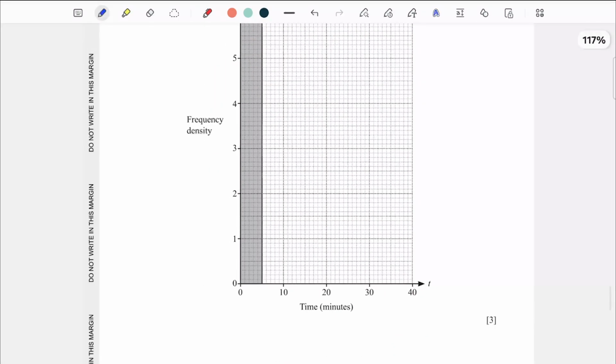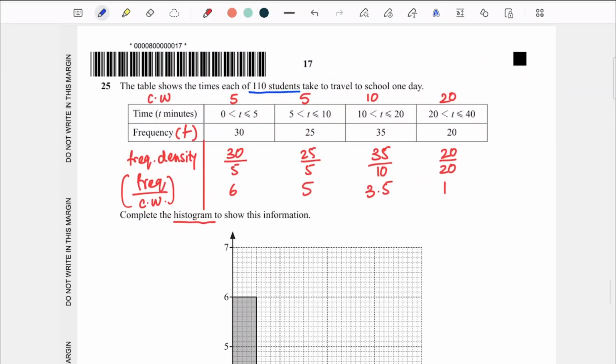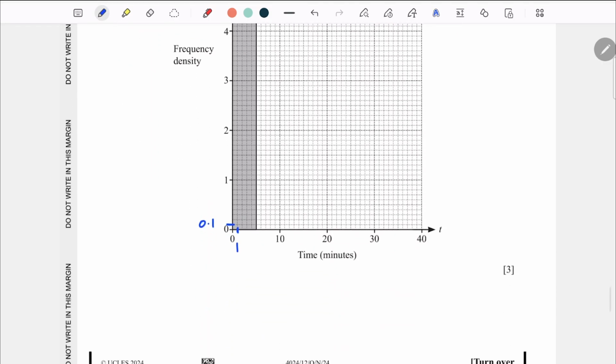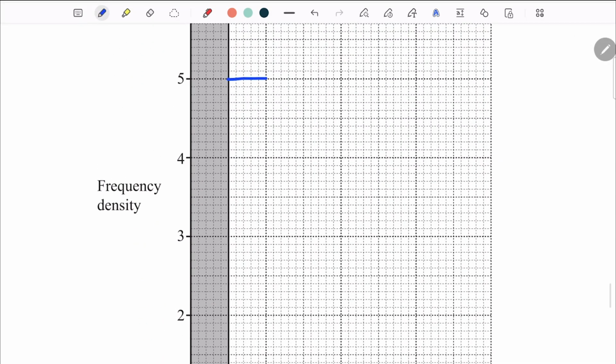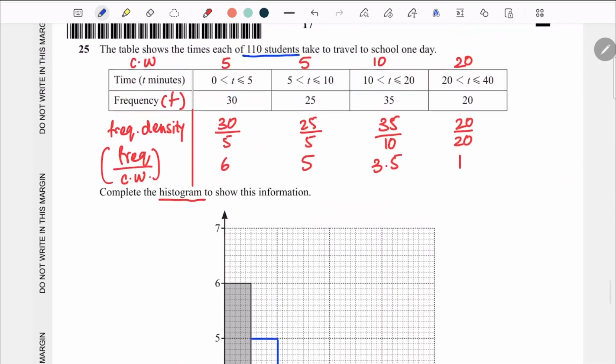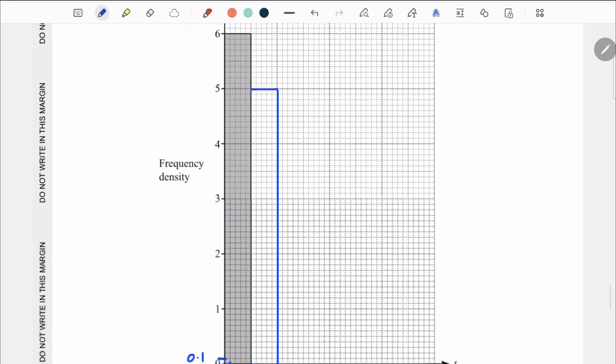Now on the histogram, one small box on the y-axis represents 0.1, and one small box on the x-axis is 1. The first value is already plotted for us. The second value: the class is from 5 to 10 and the frequency density is 5. So 5 to 10 and this is at 5. Then the third one is from 10 to 20, where the class width is 10 and the frequency density is 3.5. So 10 and 3.5,